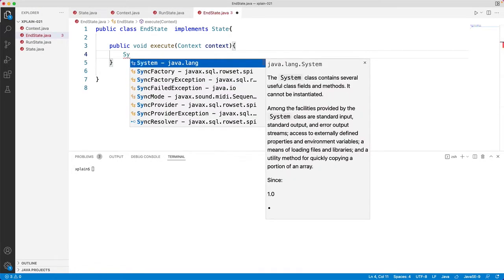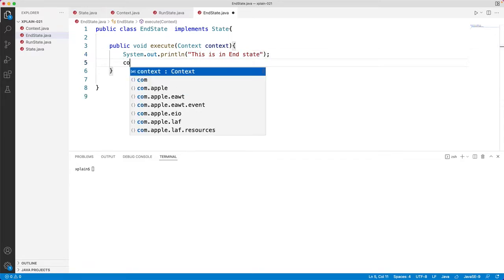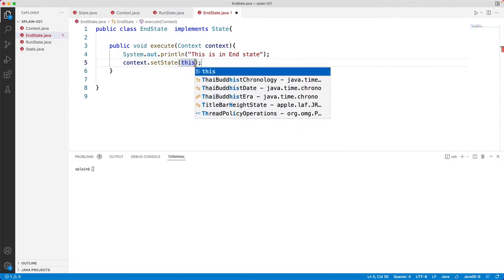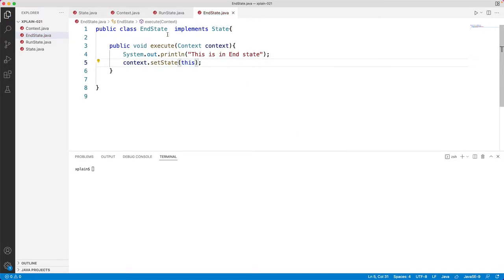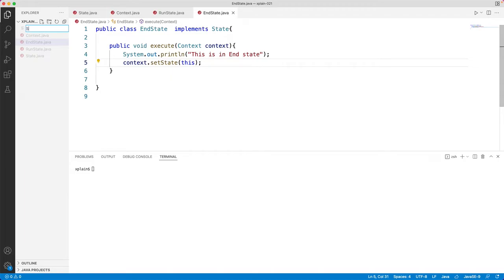In that, let's print System.out.println, "This is in end state," and context.setState(this). So we are setting end state here, and let's create our final class called